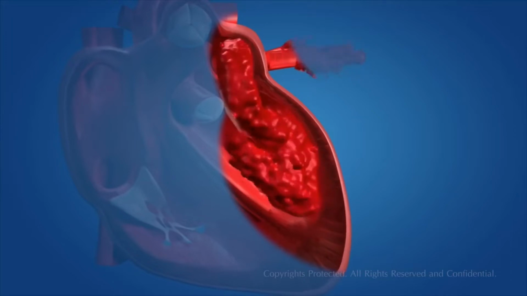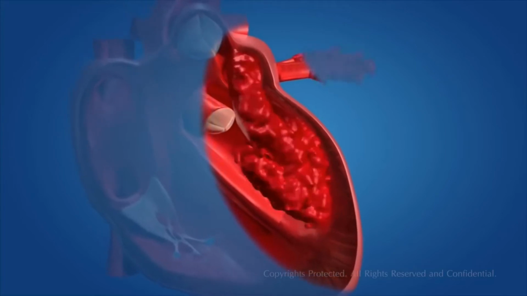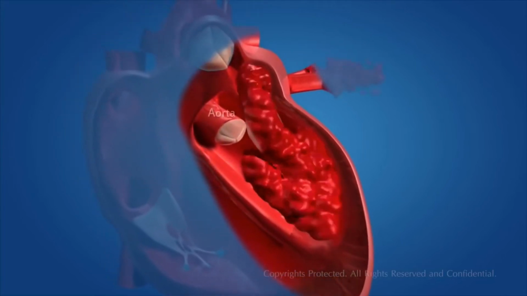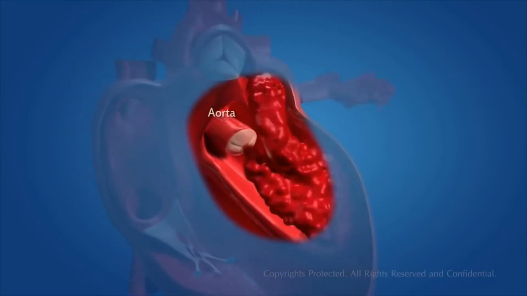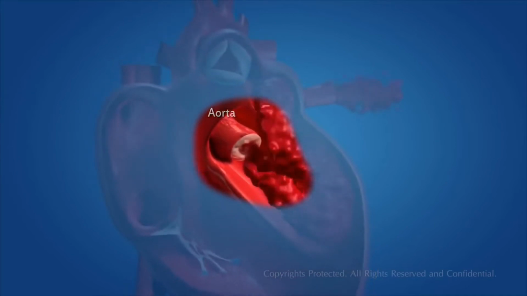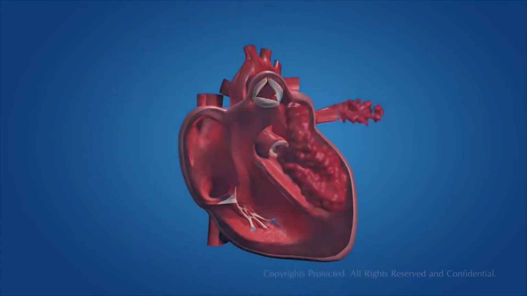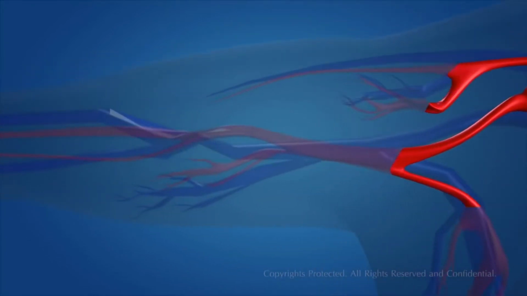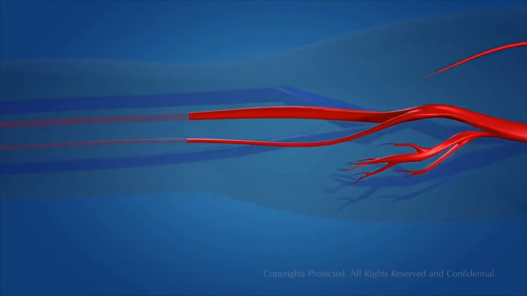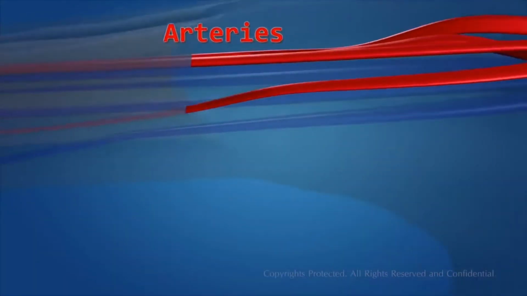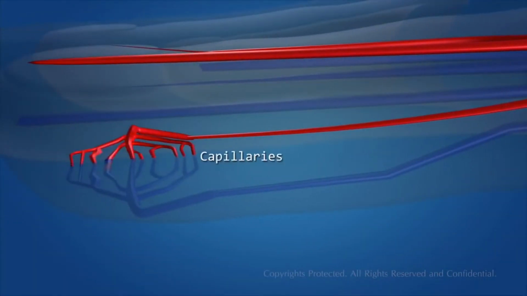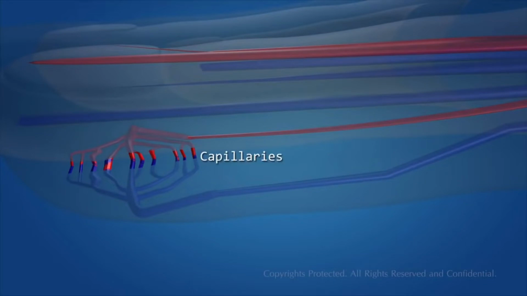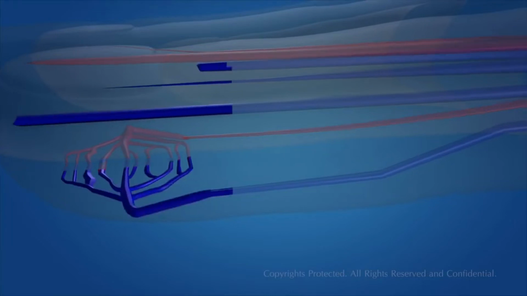Then the left ventricle contracts and pumps the blood to the aorta, from where the blood gets supplied to all parts of the body through the blood vessels called arteries. The arteries supply blood to all parts of the body and connect to the capillaries. Near the capillaries, the veins are also present, which bring deoxygenated blood into the heart.